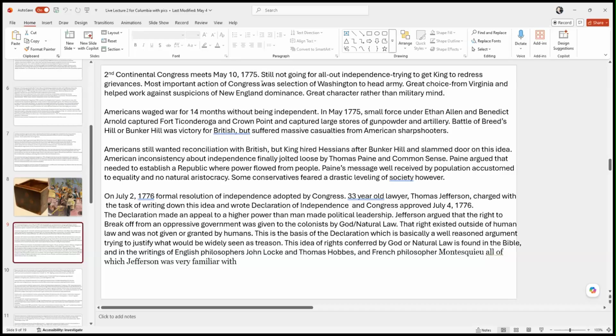Because what happened basically for the first year or so of the war was the American army got beat. They retreated many times. The British defeated them in various battles. And Washington basically had to try to keep his army from disintegrating. He had to hold them together, had to keep them from deserting. Basically, that's what he was able to do. And he turned out to be, like I say, an inspired choice to do that.